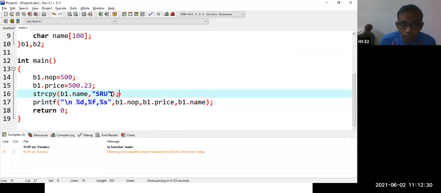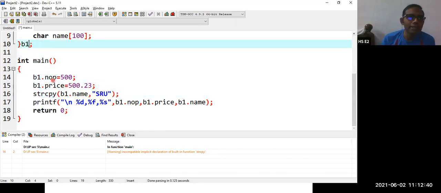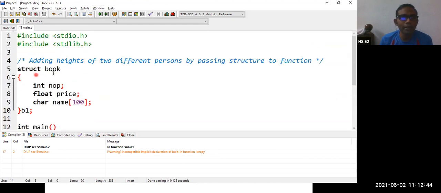So you need to use strings. Whenever you get assignment of strings, use strcpy. Don't write equal to directly. So this is one way. Second way, I can directly assign B1 I'm taking here, and B2 we can directly create struct book B2